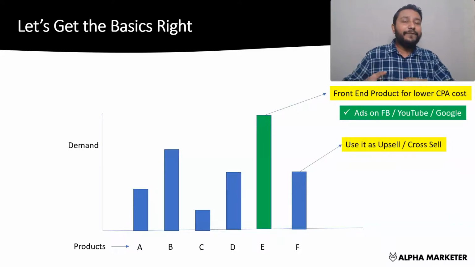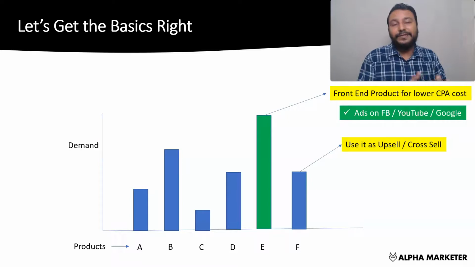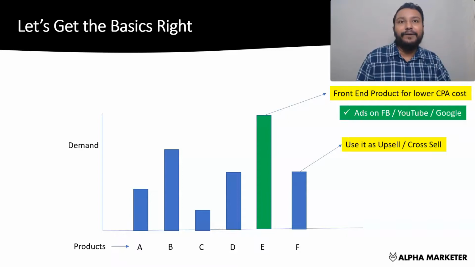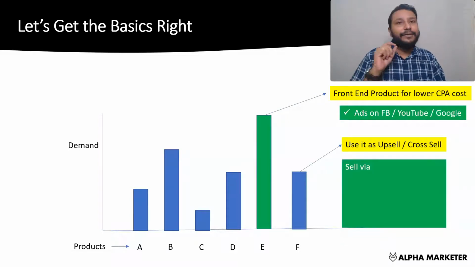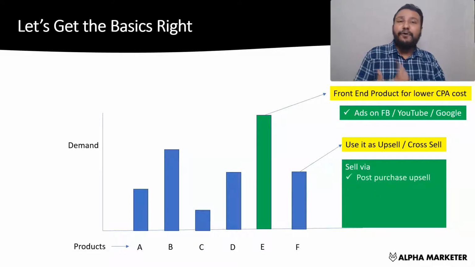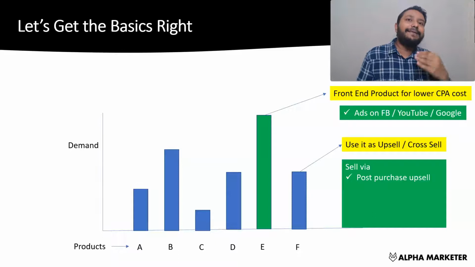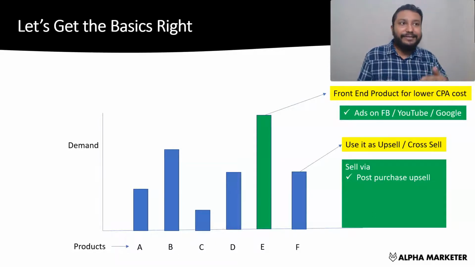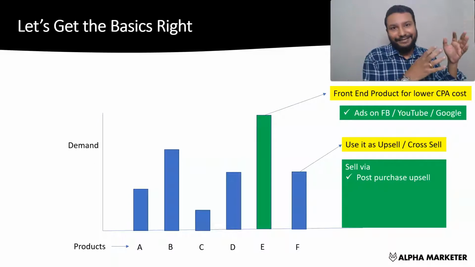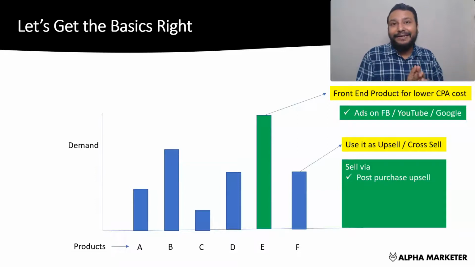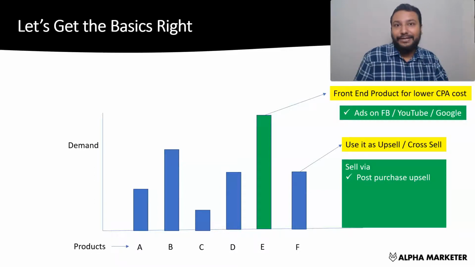The people whom we acquired as customers using the front end, high demand products, to the same customers we can start recommending the other products which don't have that much demand. You can start recommending these products using a post-purchase upsell. So what is a post-purchase upsell? When you buy a product on an e-commerce site, after the purchase, they will start recommending other products. They will say that people who purchased this also purchased this particular product, or commonly purchased together. Amazon does this really well. They do very good upsells and cross-sells. You can just go and check that out.